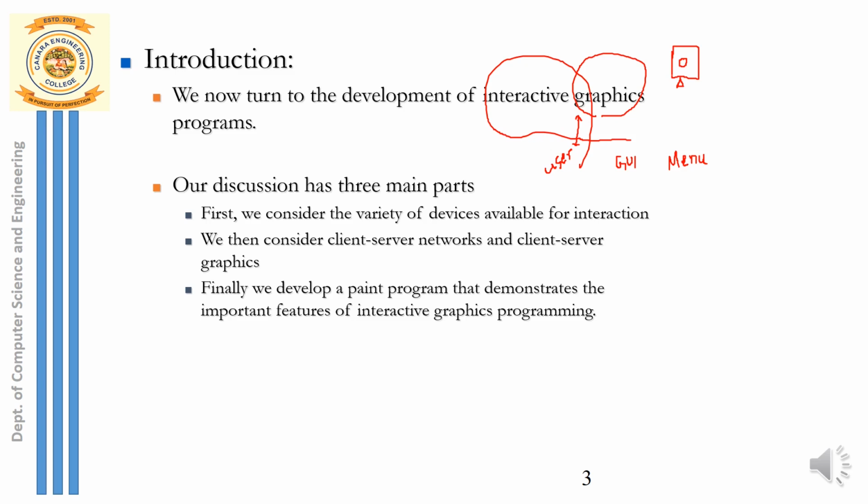Or suppose here I want to change the color of the ball. So what can I do there? I will just add multiple colors to the ball. I will make use of one small menu appearing there on the screen. The moment I right click, a small menu should appear, and in that menu there should be many options like color options, red, green, blue, or something like that. The moment I click on a particular color there, the color of the ball should change. So can I make this happen?